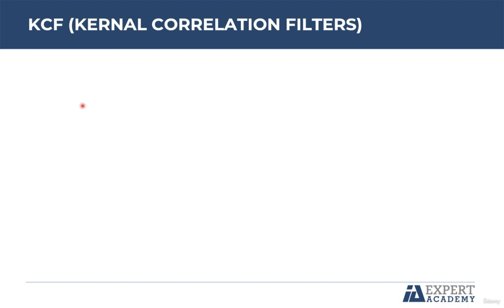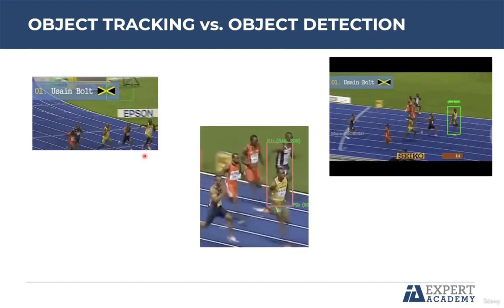Hello and welcome to this lecture where you are going to learn the basic intuition about two other tracking algorithms. The first one is KCF, kernel correlation filters, which is a fast algorithm. However, it doesn't perform very well, especially in fast videos. And one of the most common problems is when the bounding box loses the object, as you can see here